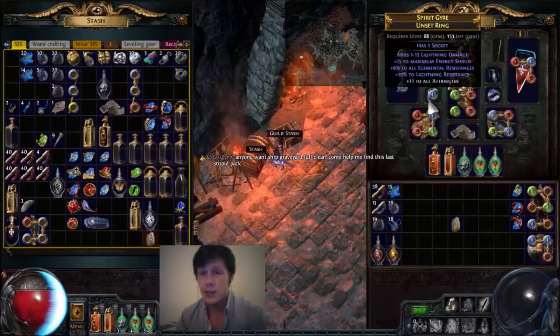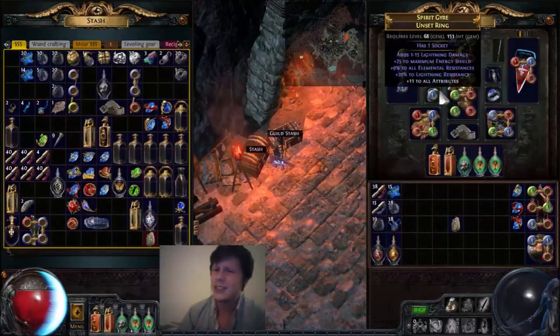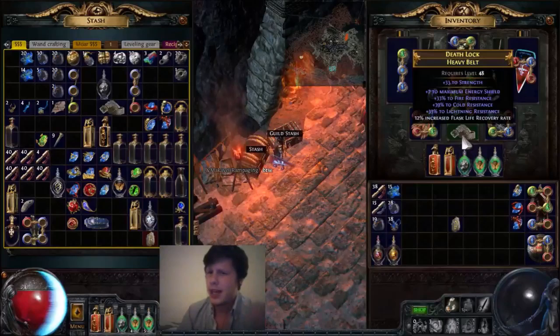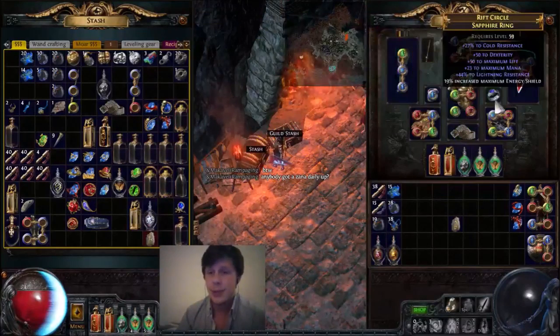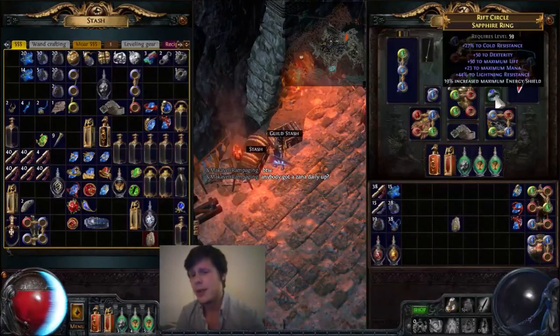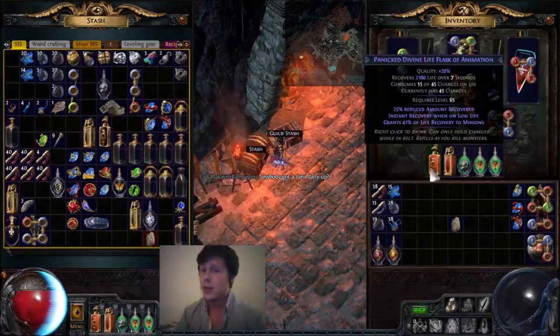For the rings, I use one unset ring, basically resistance and dexterity. You really need dexterity for the belt. I chose a heavy belt because of the strength, and it's just tri-res, the basic stuff. Your ring slots and your belt are basically for capping out your resistances, since it's really, really hard to get that. For the flask, I used the 5 flask Panicked